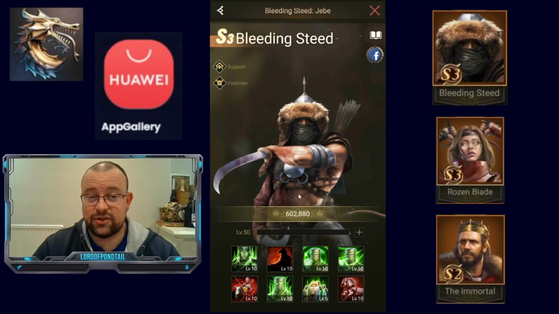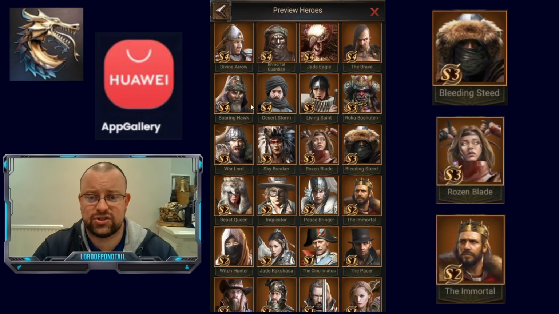Bearing in mind he's an S3, you'll see him in so many of the meta mixed troop type combinations. For those of you that have got Dragon Gear, you'll see him in so many of the top footman combinations as well. I think he's in like 18 or 19 of the top combinations on the combination sheet. He's just, again, like I say, just so consistent, and that's what I've based a lot of this on, is synergy with other heroes and consistency,